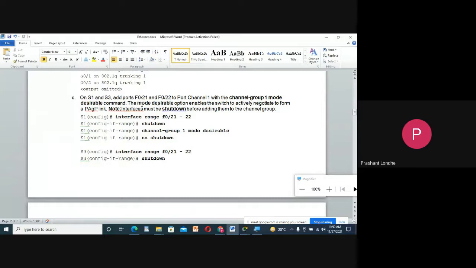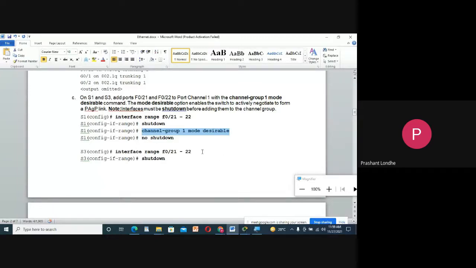Basically the mode desirable option enables the switch to actively negotiate to form a PAgP link. Means whenever you fire this command, channel-group 1 mode desirable, what you are going to get?